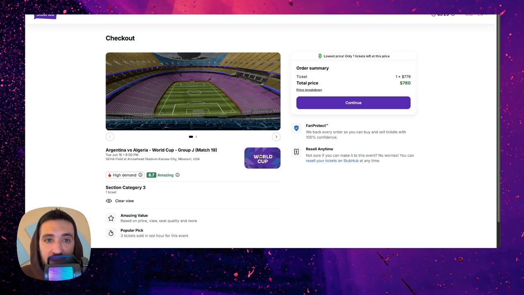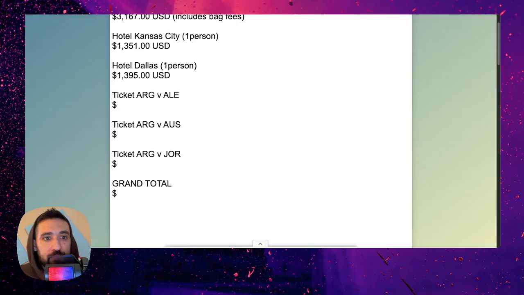It is high because I think that the prices, if I'm not mistaken, are between $180 to $500. So, again, let's take this with whatever we can. We can drop the prices down, but let's just use this number for now and put it in the breakdown. So $780 for the first match, Argentina versus Algeria.